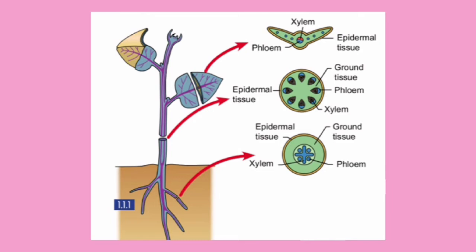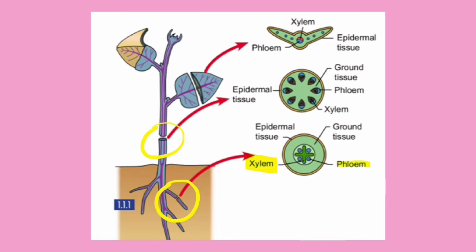Now that we know the difference between xylem and phloem, let's look at a simple diagram to show the cross-section of these vascular tissues across the plant. First of all, we have the roots. In the roots, we can clearly see that the xylem has a bigger surface area compared to the phloem inside its cells. This is because the xylem is needed to absorb the mineral salts and water from the soil surrounding it. Next is the cross-section of the stem of a plant.